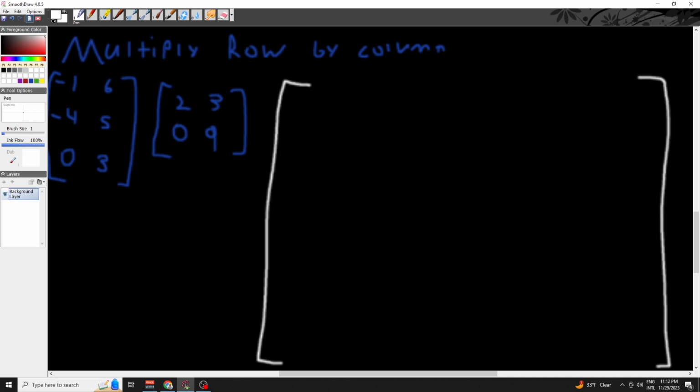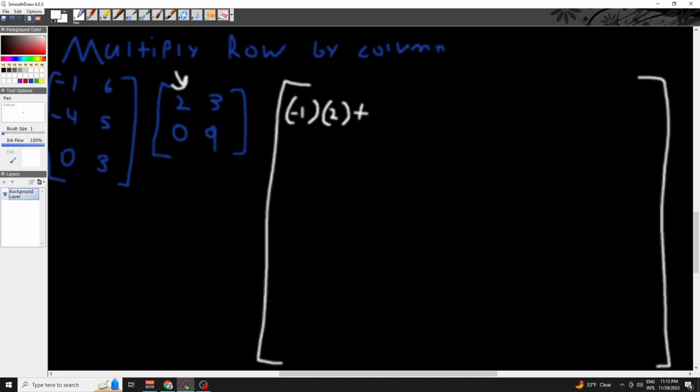We're going to multiply our first row. All these numbers are going to be from the first row, and then by this column. So I'm just going to start out with an example. The first one is going to be from the first row, and then the first column of the second matrix. So it's going to be negative 1 times 2, because first row, first column, and then we're going to add on